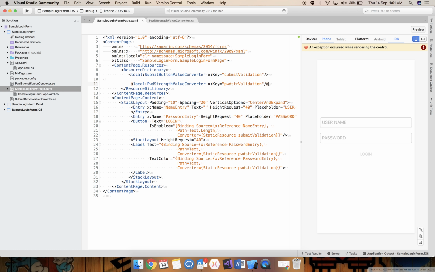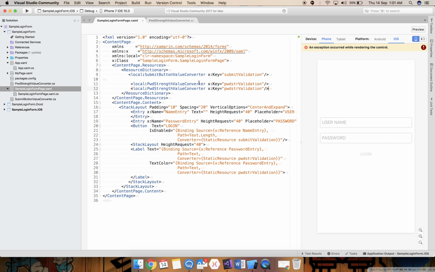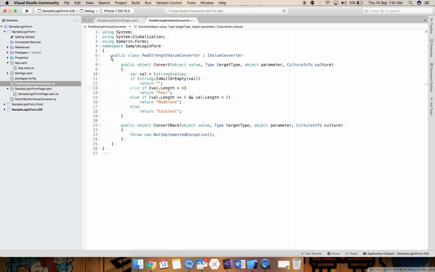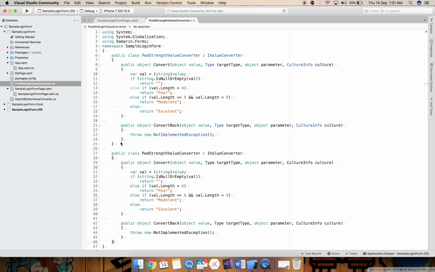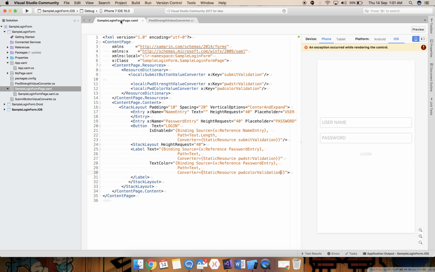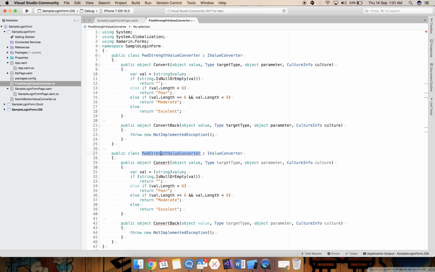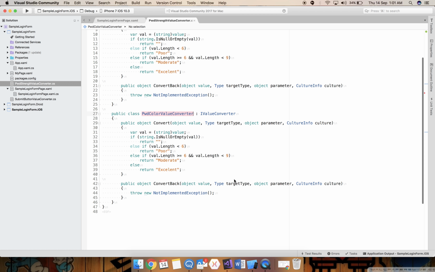So for that I have to create a new converter that should be color, and the password strength should be color, and that would be color. So I will create, okay, so for the time I'm creating this over here. We can also create it by taking a new class. So over here,